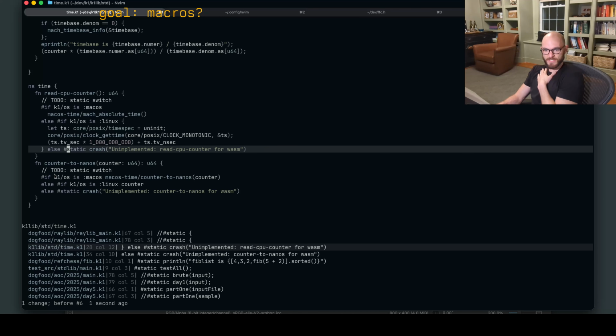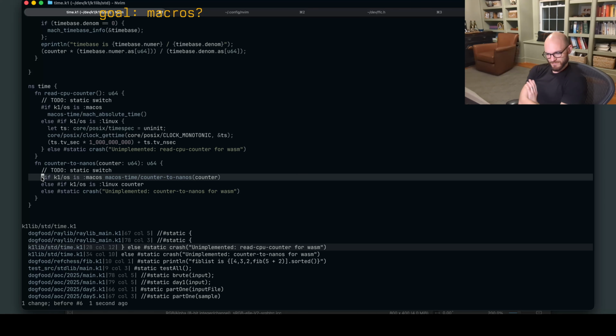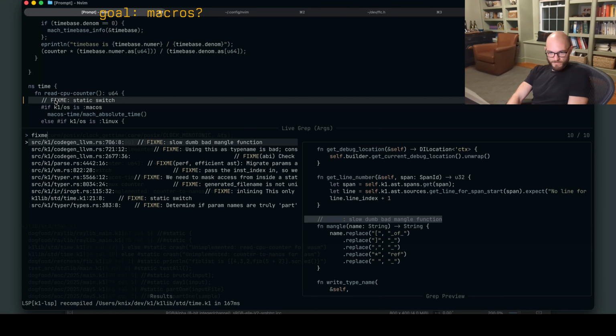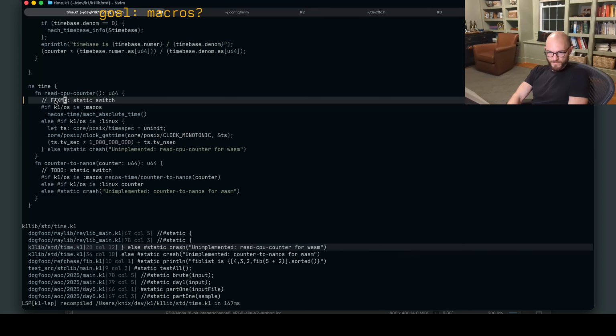It clashes a little bit with static if, in my opinion. We need static switch too. Yep. I think that needs to be a fix me. I don't have that many fix me's in this project, even though it's a three or 4 year project. Yeah. We keep it clean in here.